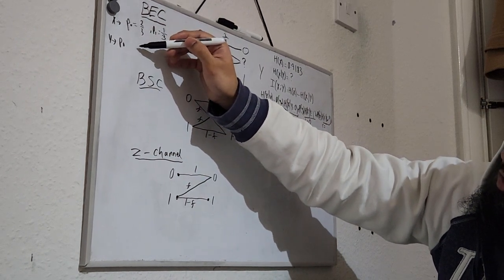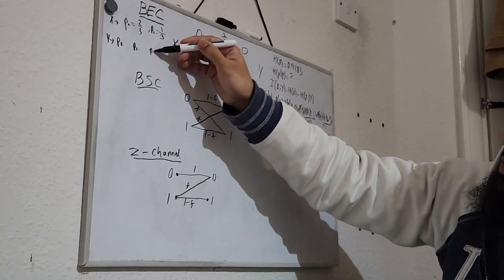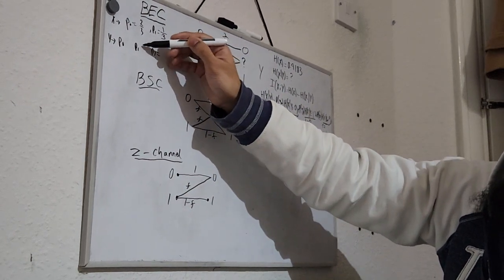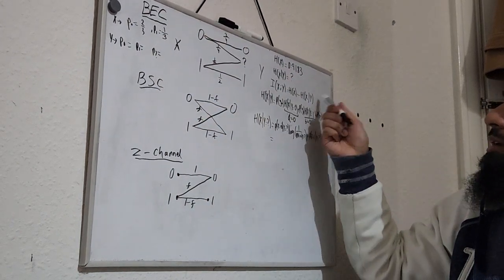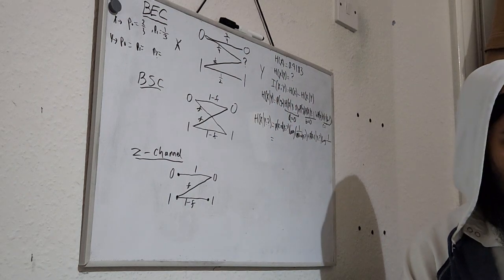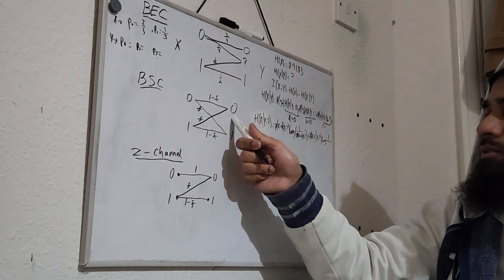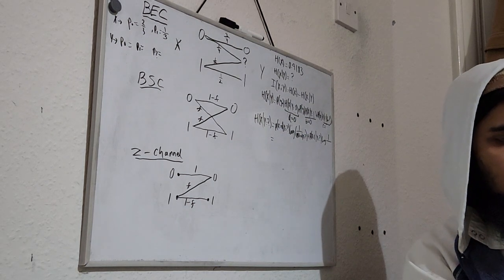We already know that. Probability of 1, probability of question mark. And yeah, once you work that out, then you can put it back into this equation, and then you can work out I of x. And you can do the same for this formula as well. We're not going to do that now, but